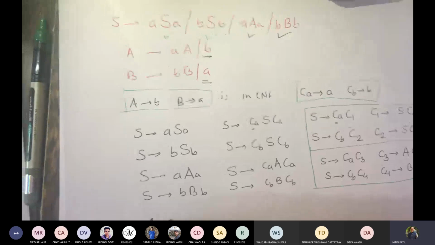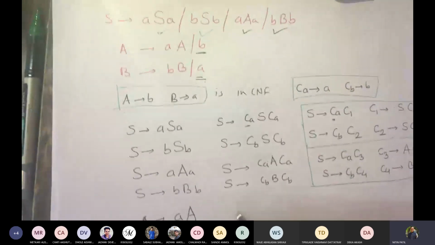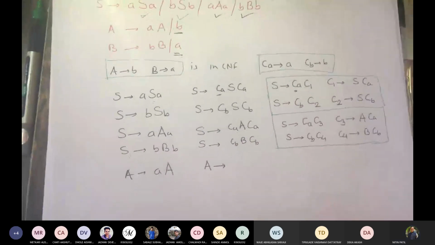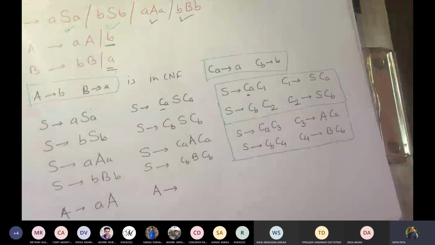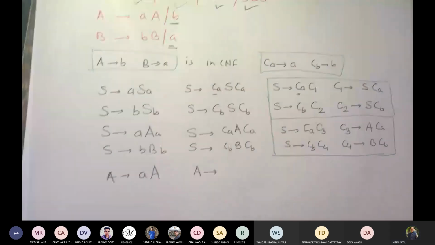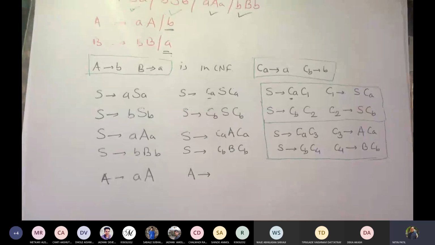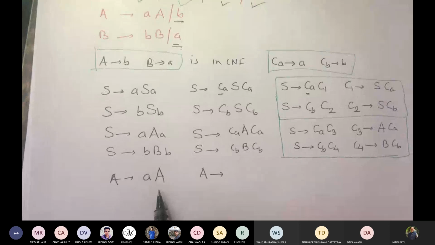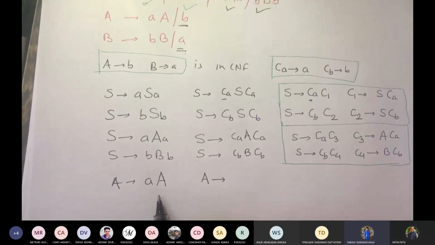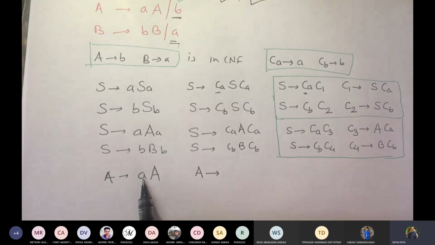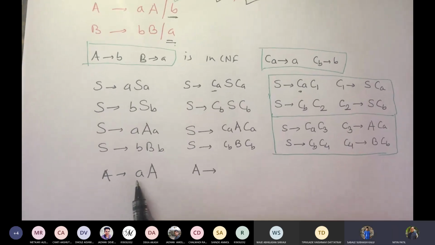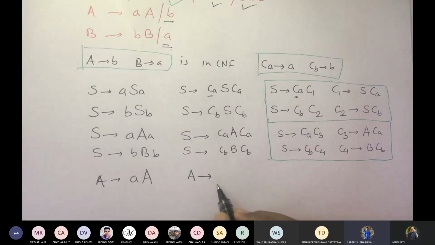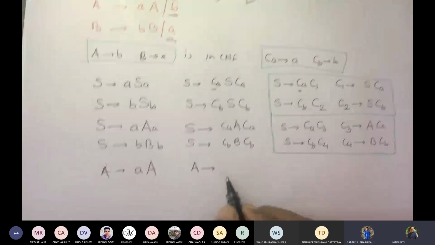Now, which is the production? A gives AA, to be rewritten. How will you write this? Can somebody tell me? Okay, let me tell you. Sabre, unmute yourself and let me know what is to be done. A gives a A. How will you write it? CA. How come CA? This is small a and this is capital A. This is a terminal, this is a variable. So what should I write? Small a. No. Can you repeat one more time? What did you say?